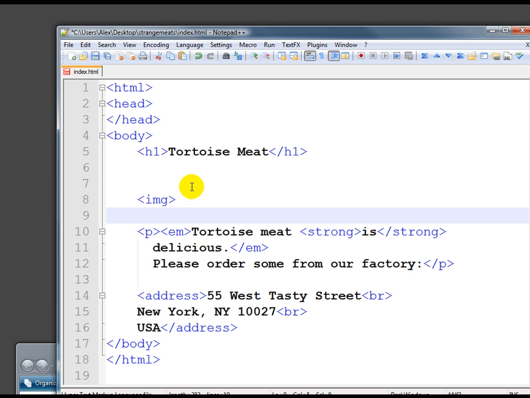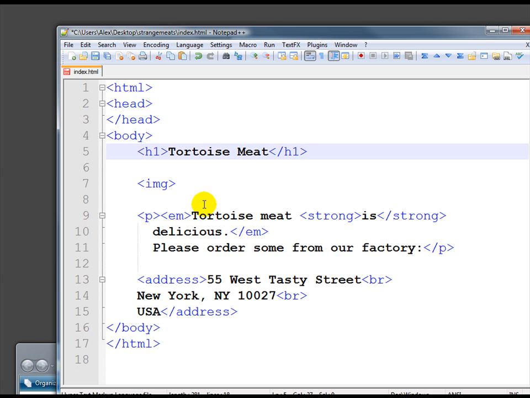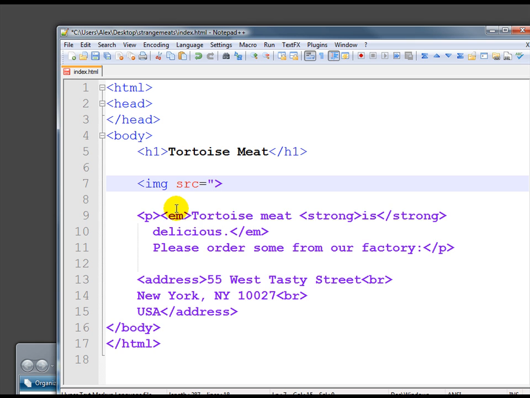So we have now a void tag that says we want an image here. Now you'll immediately see that there's a problem. How does it know what image we want? And we're going to add something called an attribute inside the image. Now this is a self-closing tag like the break tag. There is no close image tag, but inside the tag itself we can add some options which are called attributes. One of those options is the source, src. Where can I find this image? And we'll tell it that it can find it at